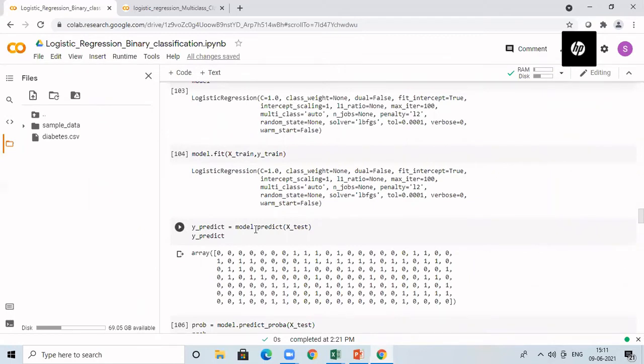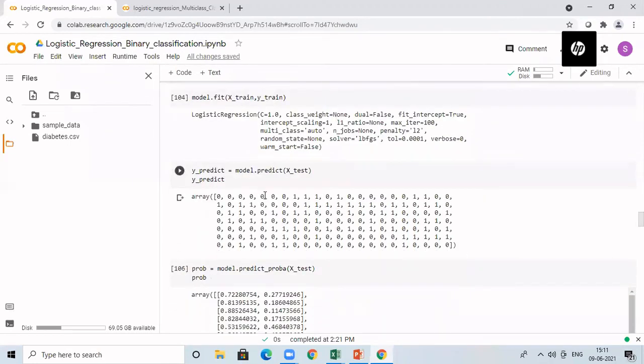After that, we are going to predict. So for predicting, we are going to call the function model.predict. For prediction, we have already split the data set. We are not going to do it with the same training set. We have the testing set for that. So that we are going to give as an argument, X_test. Once you do that, it is going to predict the Y value for all the samples which are available in X_test. That I'm storing in Y_predict. Now we can print Y_predict. These are all the predicted values. You can see the labels. The labels are either 0 or 1.